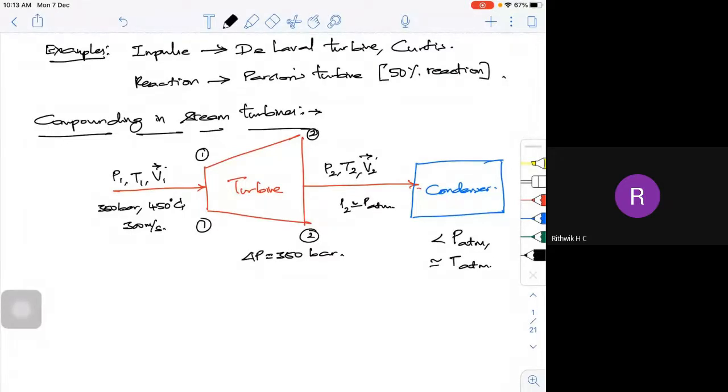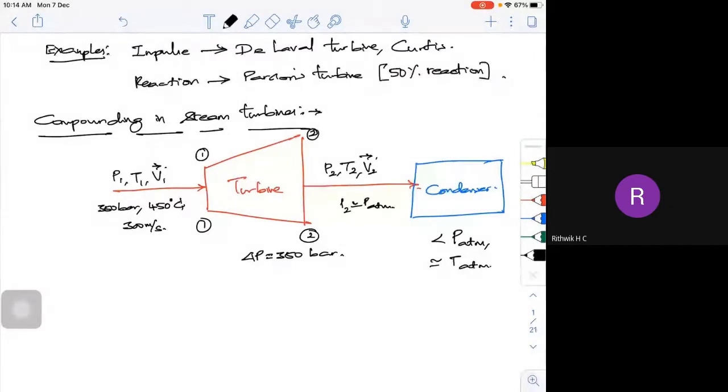So if I ensure that my turbine is rotating at 3000 rpm or 6000 rpm rather than rotating at 40,000 or 50,000 rpm, the balancing problem also can be reduced. And designing for 3000 rpm, rotating any component at 3000 rpm is much, much better or easier compared to any component rotating at 40,000 rpm. So to address all these problems, we go for what is called compounding. That is the major reason why we go for it.